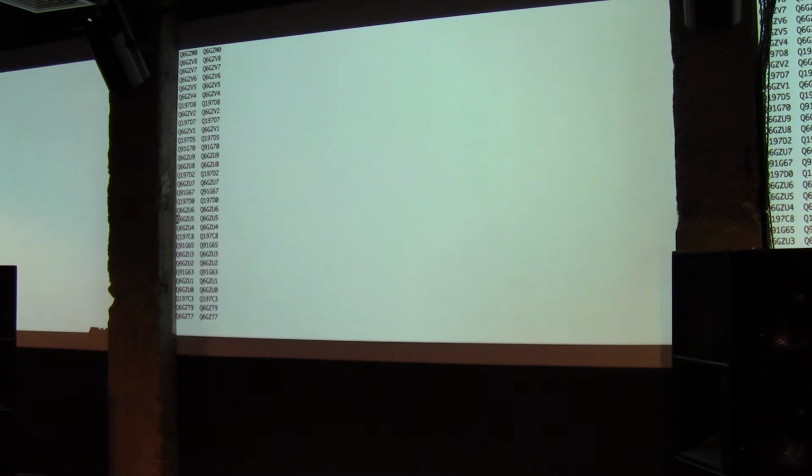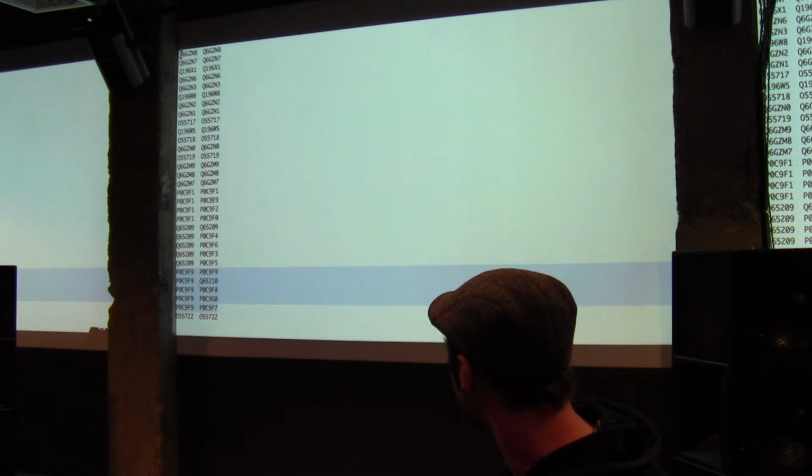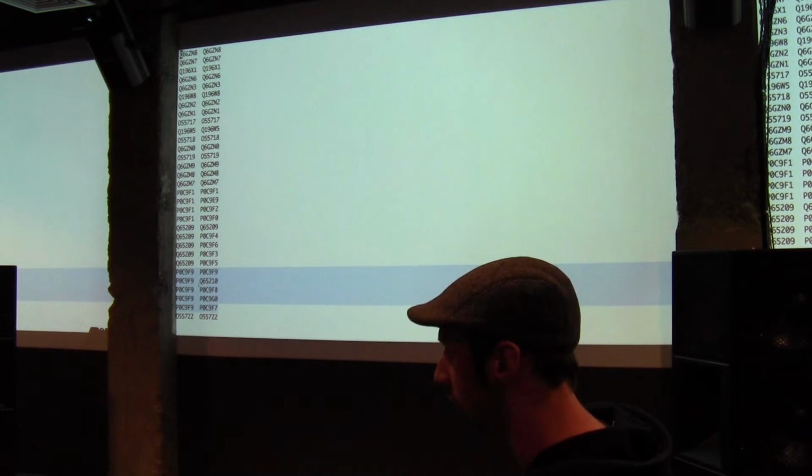So let's go to a cluster this big. So let's have a look here. So the Q6GZU6 would be the representative, and it contains itself, which makes sense. And then it contains, oh, it does not, sorry, that's not a good example. Oh, here, that's a good example. The P0C6F9 contains itself, and also contains 4 other sequences. So you can create different formats of your clustering how you need it. You can include the sequences or not, and you can just extract the representative sequences. So clustering is actually really handy to use also.